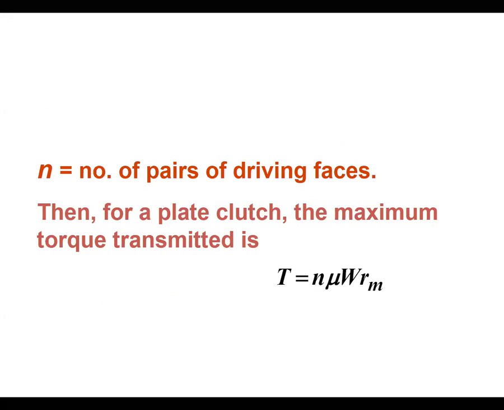In the study of the multi-plate clutch, N is added. I'll show how N is added over here. As we know, the uniform pressure formula. What is the uniform pressure formula? 2 by 3 into mu into W into R, where R is equal to R1 cubed minus R2 cubed by R1 square minus R2 square.